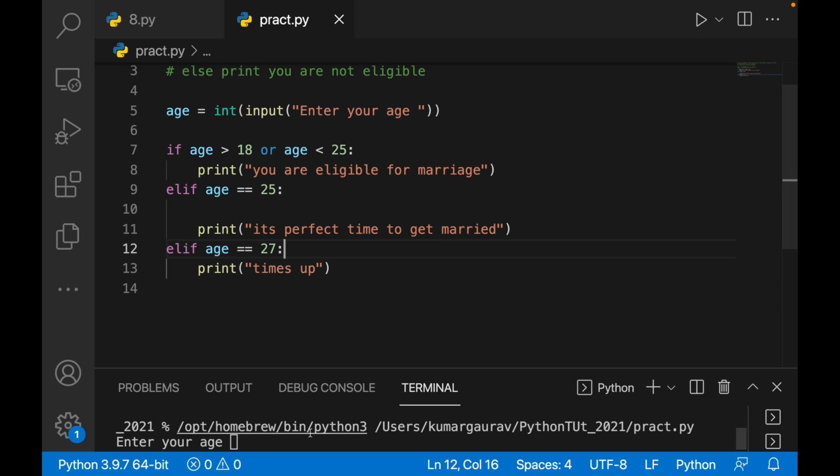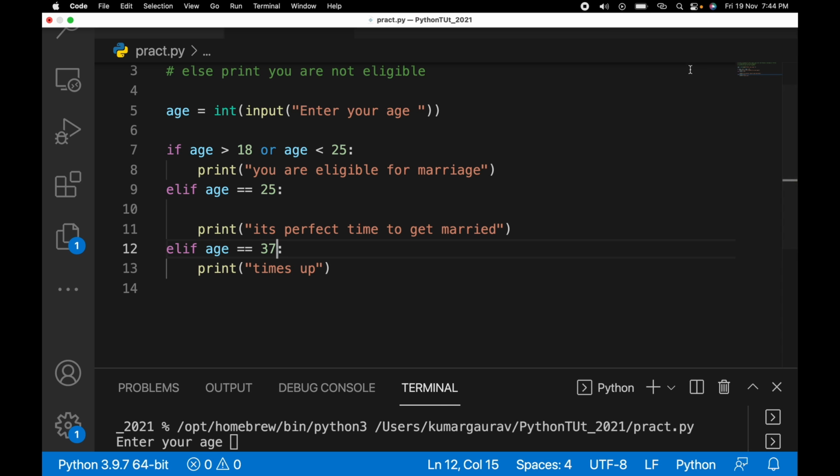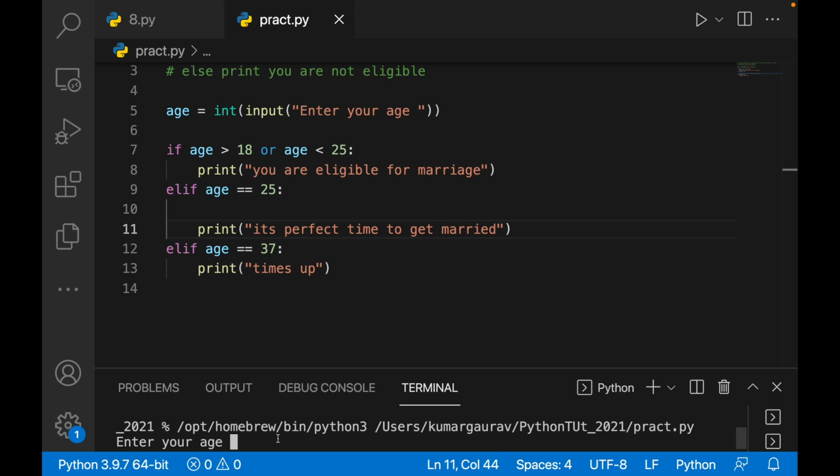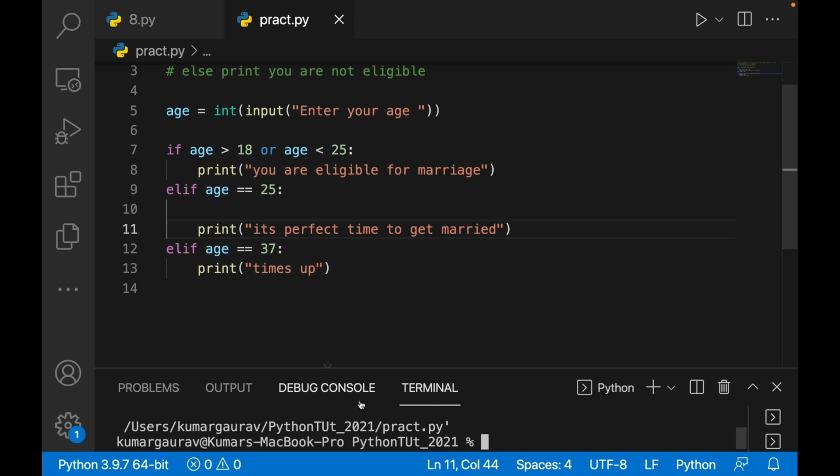So I write 27. If age equals 27, time's up. So you enter your age, you write 27. I think 27 doesn't sound good, you write 37. Otherwise people will kill you. Okay, so just run it and you write 37, and you see,